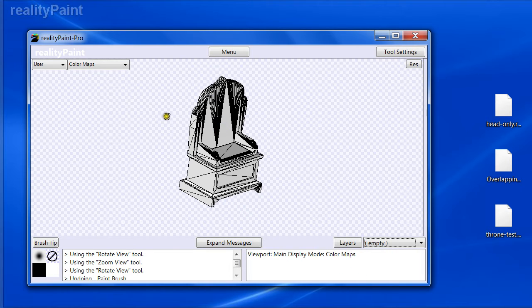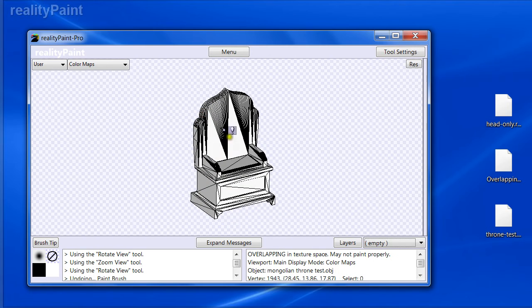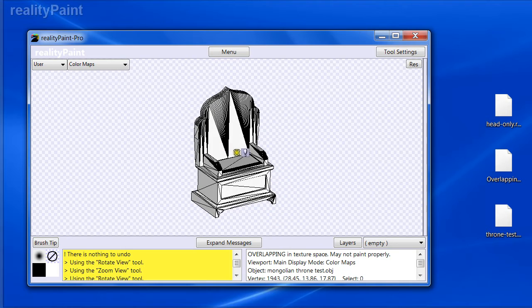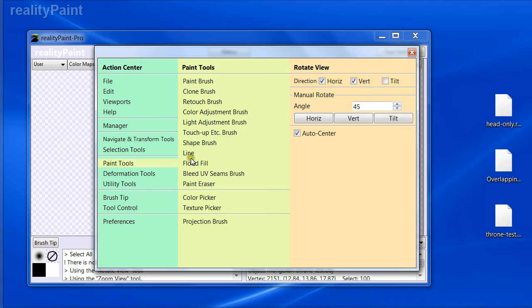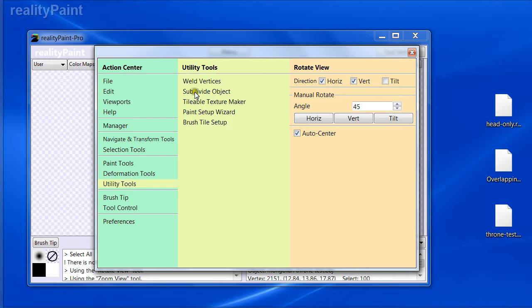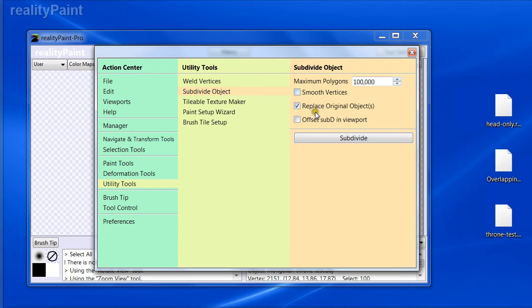If your painting application requires you to subdivide the model into millions of little tiny polygons and then paint it, it's not going to work really well when you have these really huge triangles and these really thin ones. I'm going to do a subdivision on this right now. Select all, utility tools, subdivide object, 100,000 polygons,